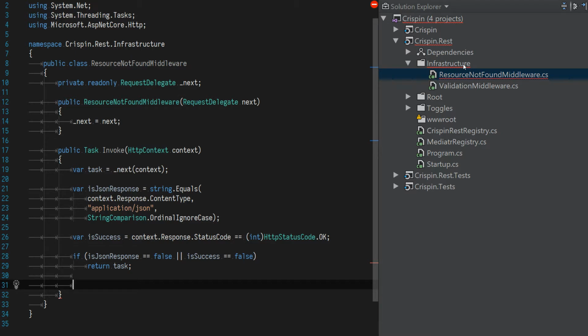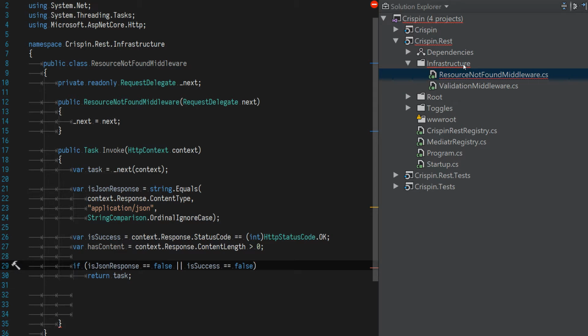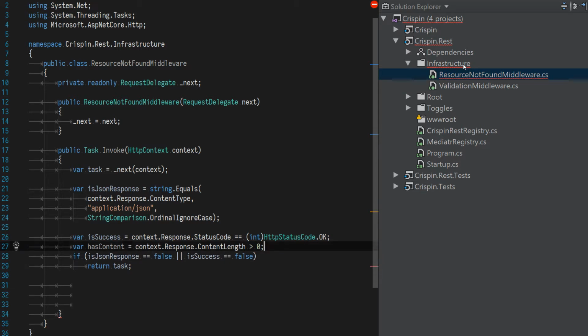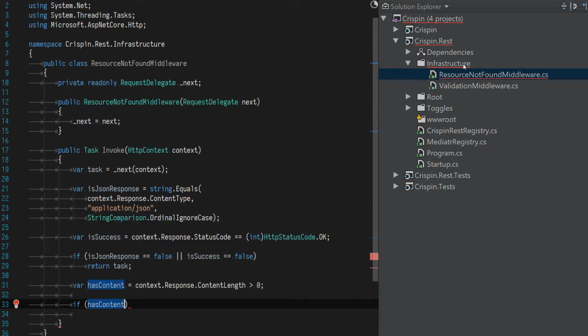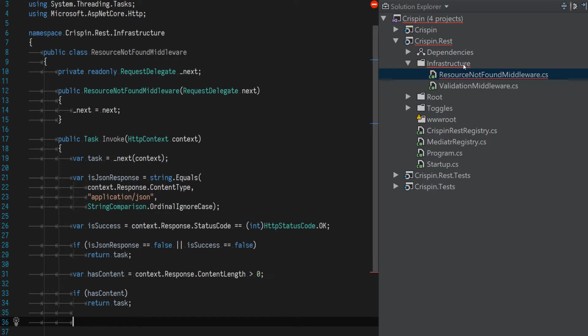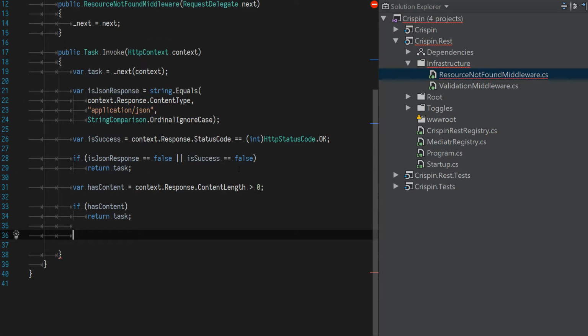We don't want to read the body, because if we read it and then it turns out that it has got data in it, we might have to reset the stream back at the beginning and it might not be a writable stream. So what we can do instead is var has content, do context.response content length is greater than or equal to 0. No, we'll just do greater than 0 actually. And we can put that in there as well. Actually, no, let's leave that below. So we'll say if has content